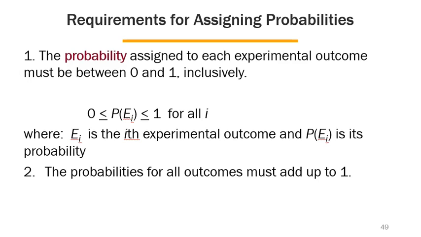Now, thinking about probabilities again and assigning probabilities to a particular outcome, such as you win the lottery. The value that's assigned to the experimental outcome has to be between 0 and 1. So in this notation, E sub i is the ith experimental outcome, and P of E sub i is its probability. This probability has to follow this rule that it's got to be less than 1, or it could be equal to 1, and greater than 0, or could be equal to 0,